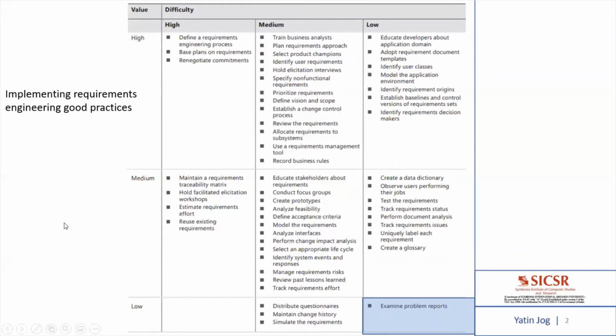Likewise, when you start any new project, my suggestion is to start with all the good practices which are in these 2 cells, because these 2 cells indicate the implementation level is low. That means they are comparatively easy to implement, and in terms of impact, the impact is either high or medium. That means they are important. They are creating a good value, and these good practices are easy to implement. So for any new project, you should start implementing these good practices which are present in these 2 cells.